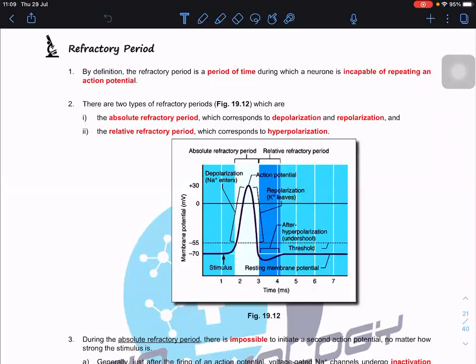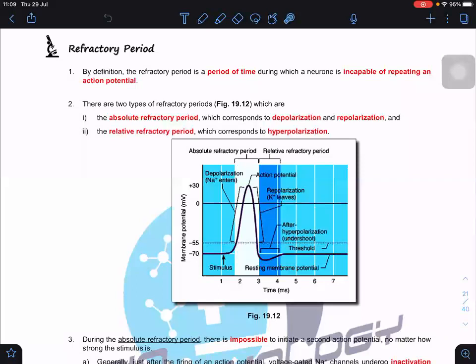Okay, for today, for this topic, we're going to look at the refractory period. We will start with refractory period. So what does refractory period mean? Refractory period is defined as a duration of time during which the neuron is incapable of repeating an action potential. So at this moment, no matter how you try to stimulate, the neuron actually has no ability to generate